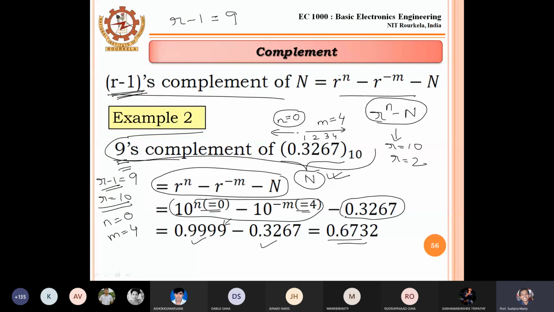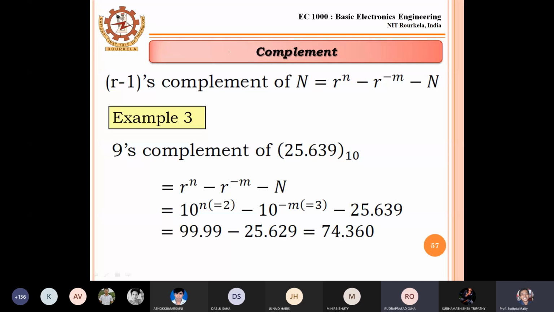But when we have to use this formula, then you will encounter either 9, either 7, either 15 or 1. Sir, I'm asking that it can't be other than these things? Can it be 8's complement also? Yes, because when we are writing 9, I have to identify which number system they are talking about. So I know it is decimal. If it is 7's complement, then r should be equal to 8. If it is 15, r should be equal to 16. And if it is 1, r should be equal to 2. Okay, very good. Good question.